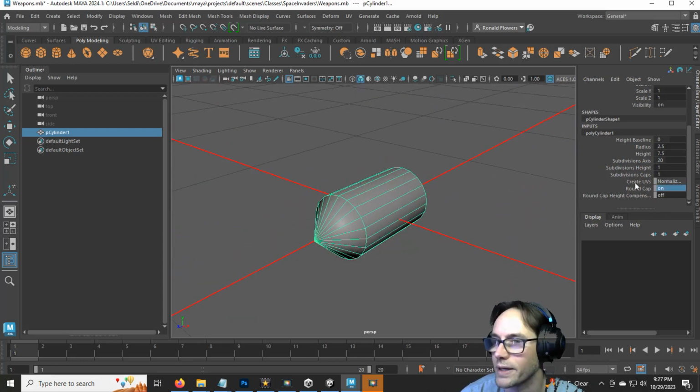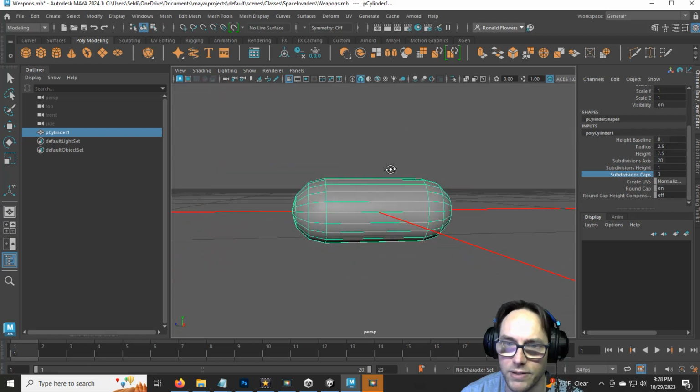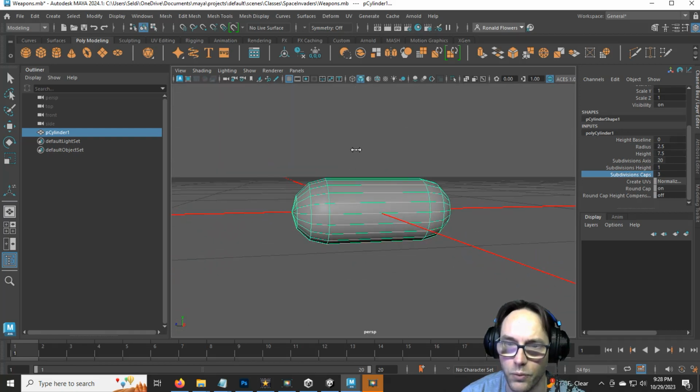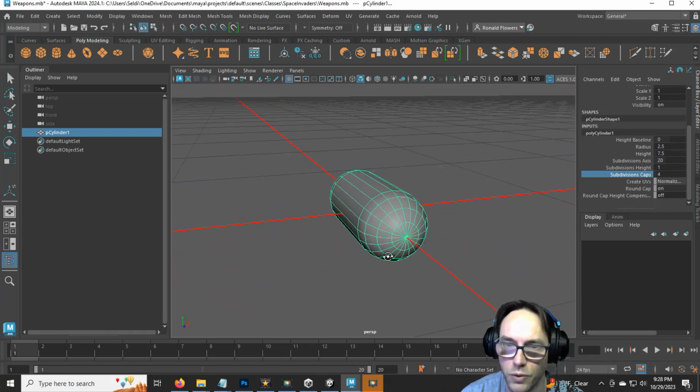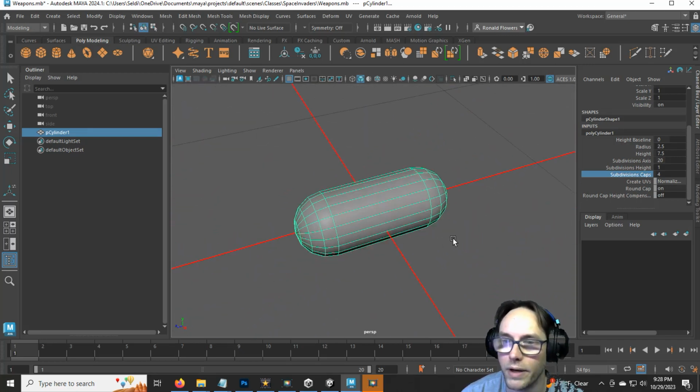I'm then going to go up to my caps subdivision, and then I can just left click and drag on this 1 here and drag, and I can set a number. I find this to be a bit finicky. I prefer to just select the cap word here and then middle mouse drag, and then I can just set these a little bit cleaner. And I like, let's see, a cap of 3 is kind of pointy. I'll do a cap of 4. And that's a little bit smoother. Awesome. So now I have a rounded cap for the bullet,